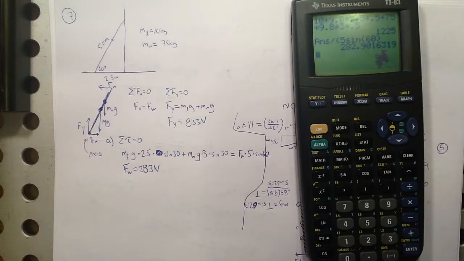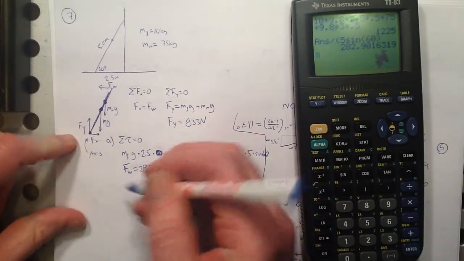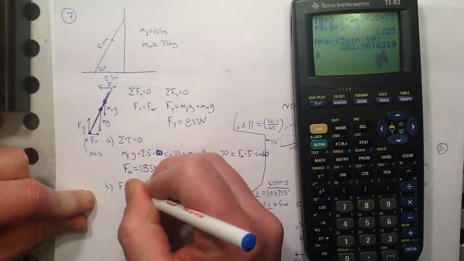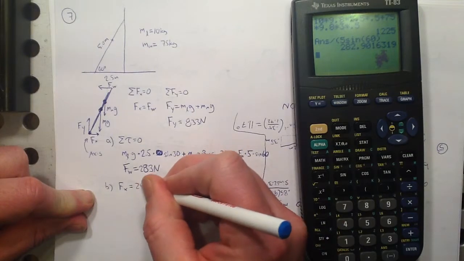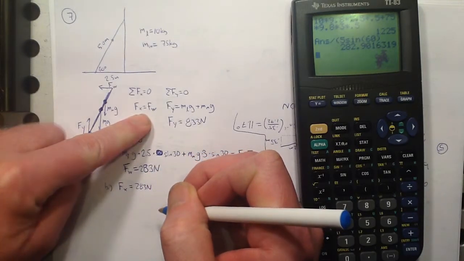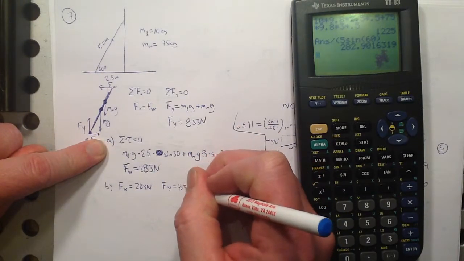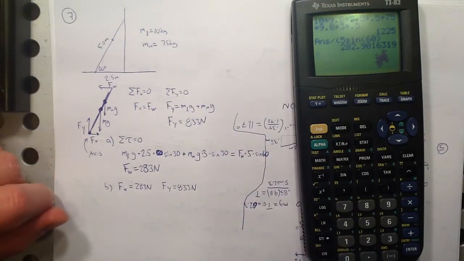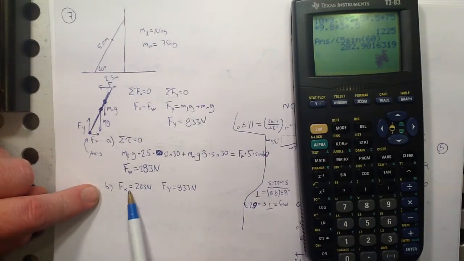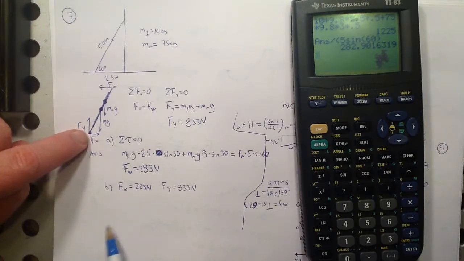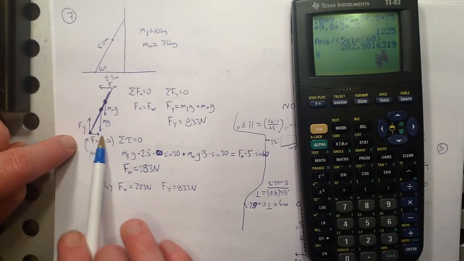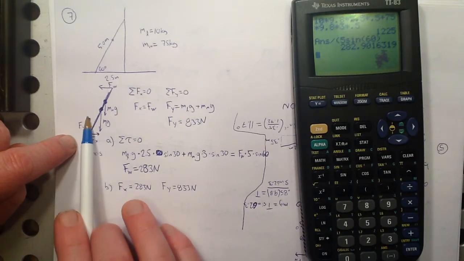And then part B, they would like, what's the magnitude of the force on the ladder from the ground? The magnitude of that force. Well, notice here that Fx is equal to 283, right, because those were equal. And that Fy, we found up here, is 833 newtons. These are the two components of the force on the ladder from the ground. There's this, which would be a frictional force, and this part, which would be more like a normal force,